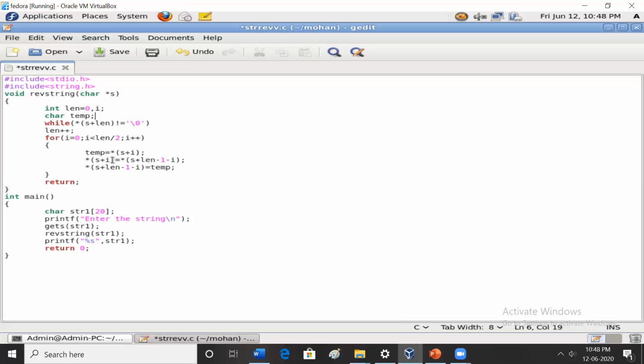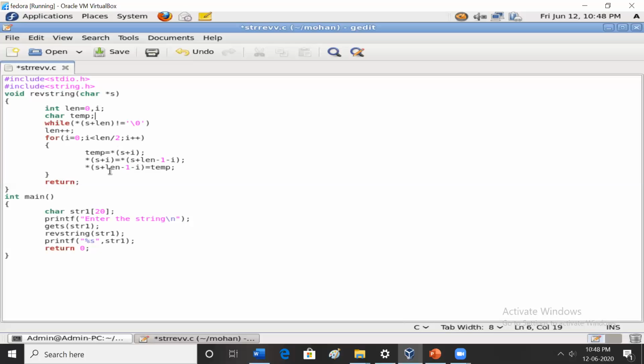Then star of s plus i is assigned star of s plus length minus 1 minus i. The last character of the string is assigned to the first position.